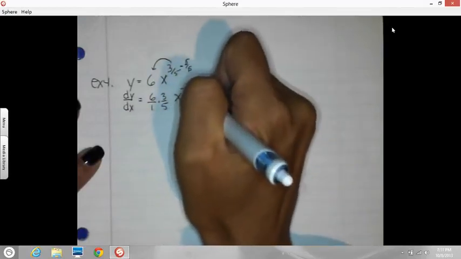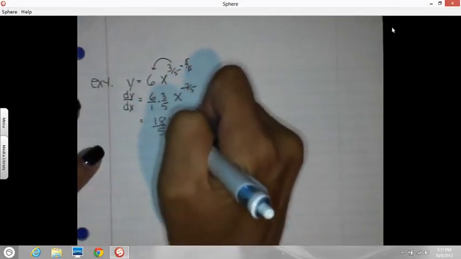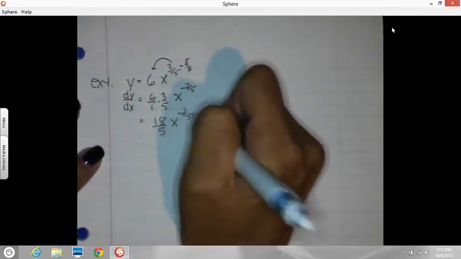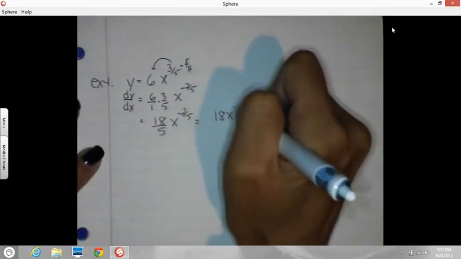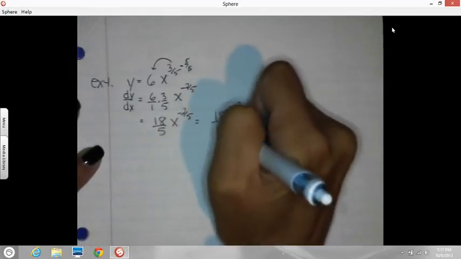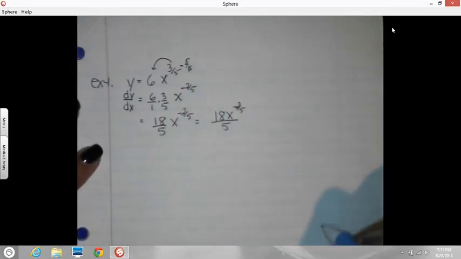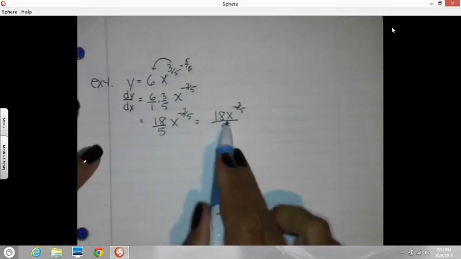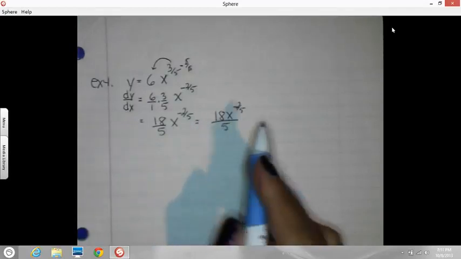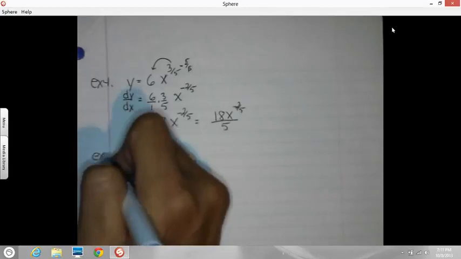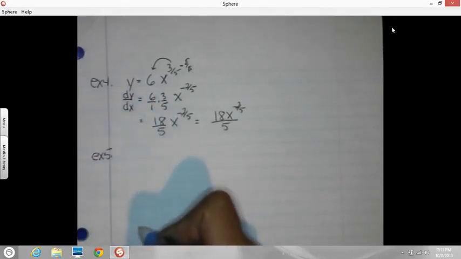And I should rewrite that as 18/5 x to the negative 2/5. Or if you want to combine it into 1, 18x to the negative 2/5 all over the denominator 5. Either of these two answers is fine. I have no preference. Okay, dx of